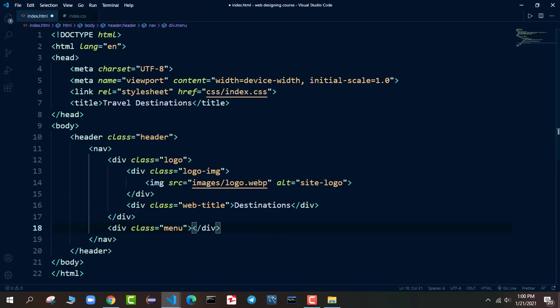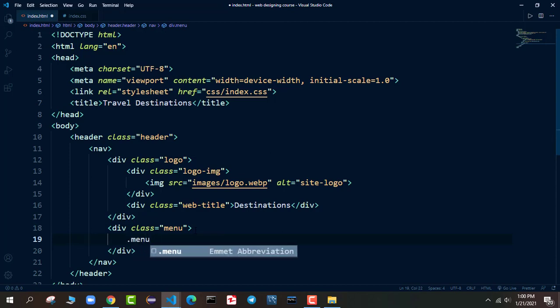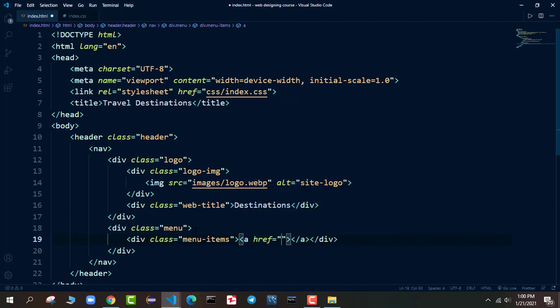In the menu we have our menu items. So I will go down in the menu class and create a menu items class, and in the menu items I will add an anchor tag. For now, I will add a hash so it will not link to anything. First of all, we have home. Now we can copy and paste this one.